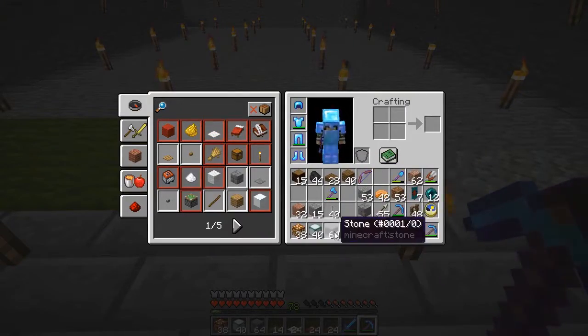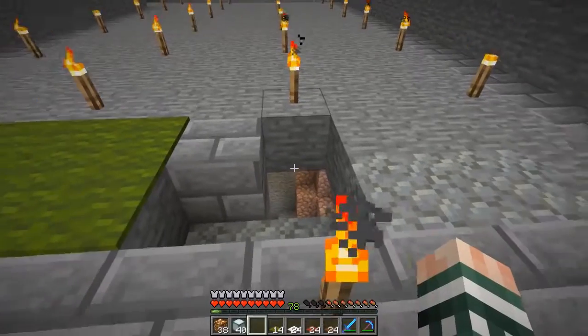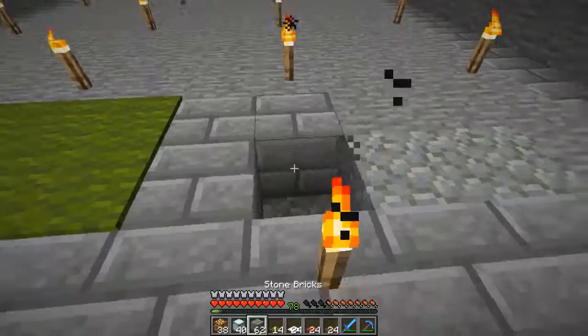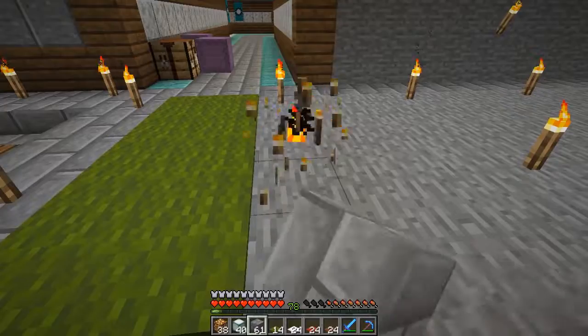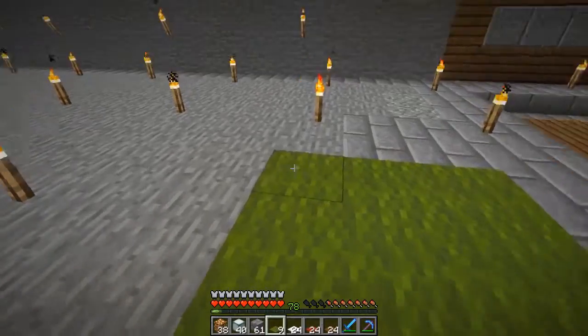We could go back to a little bit of stone brick. Oh yes, over here. Alright, we'll have a little bit of stone brick over here, and that can go down like this. And the idea is that we'll have green carpet. Now, of course, if this were all just a big long line of green carpet, it would not be